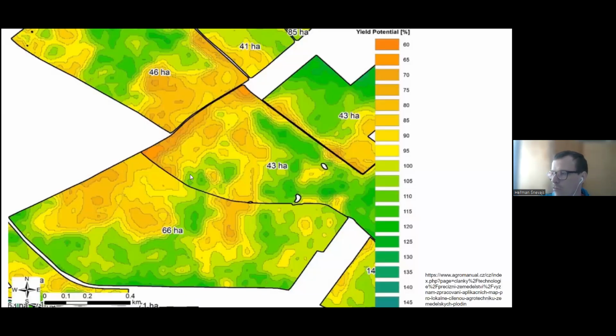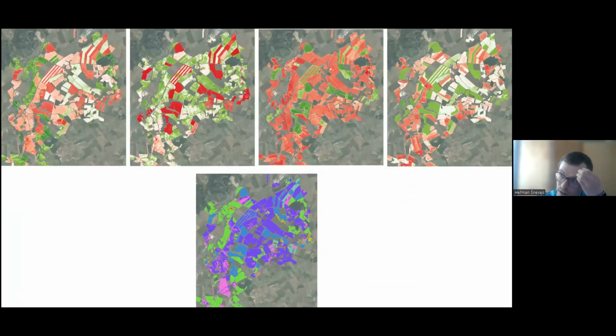And now how to do the correct borders. In some countries there is a national database of borders, but even if there is, it is not correct in all cases. So we also make use of satellites. These are just four example images from a season of some vegetation index, and we see that the fields